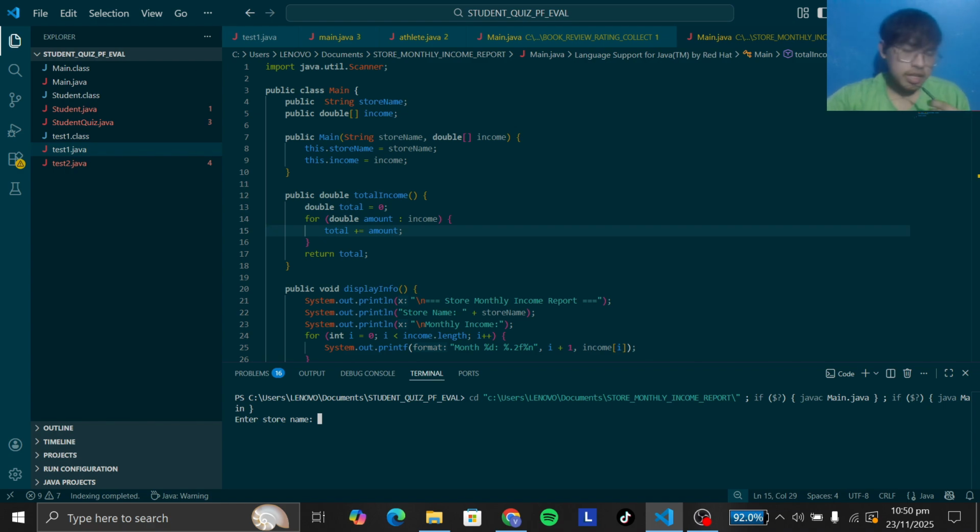So, let's enter a store name. Let's say it is 30 store. So in 6 months, for month one, let me explain to you why it is put as month one. Instead of January, February, March, April, May, and so on, it just states 6 months.